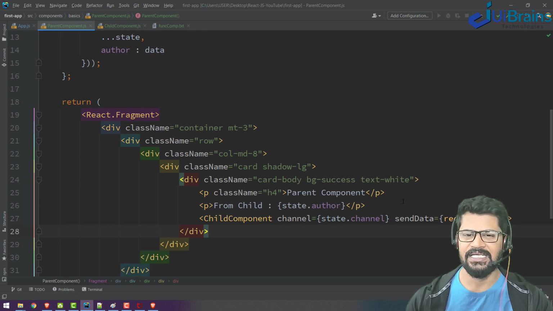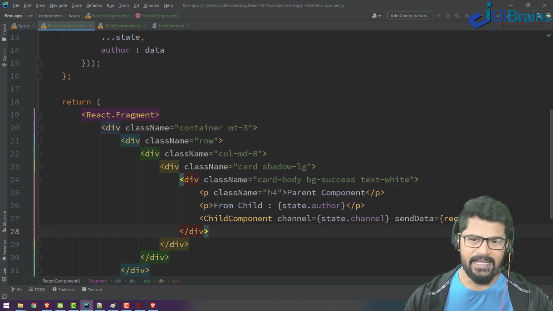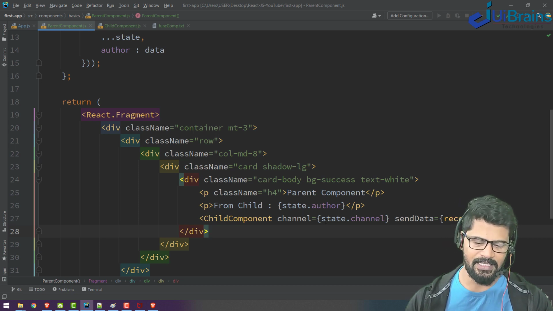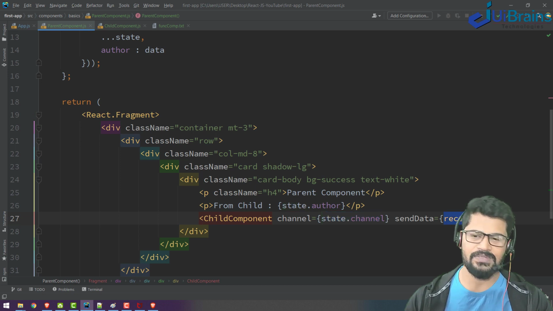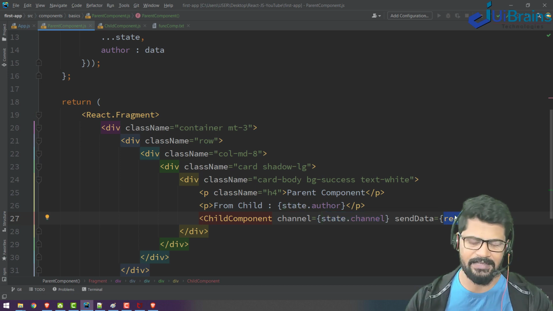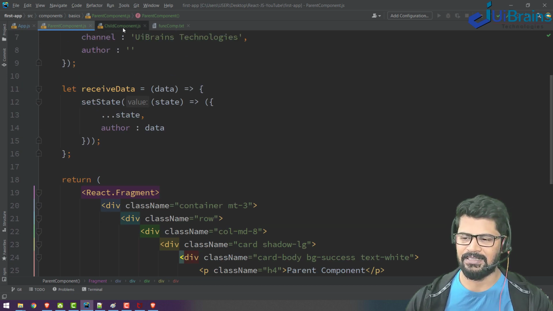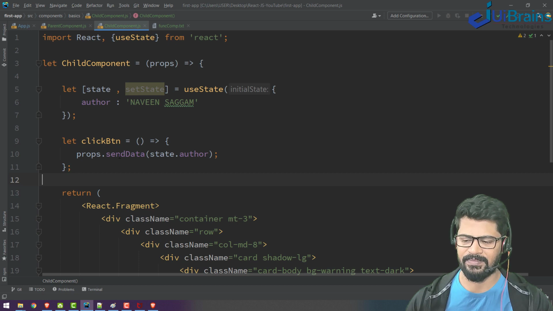So data sending from parent to child or child to parent both happen through props only. It can be a normal property, it can be a function, because the function is to receive data from the child. In the same story, in Angular we have @Input and @Output annotations, but in React we have this story. Hope you understand this concept.